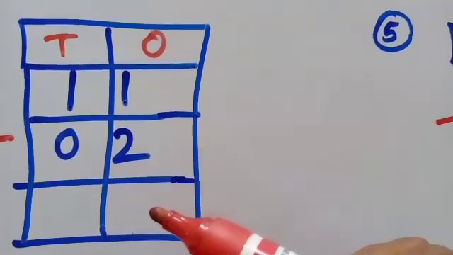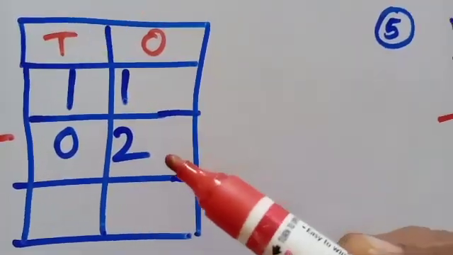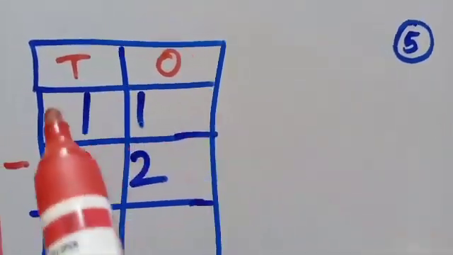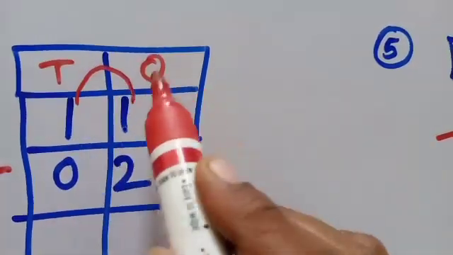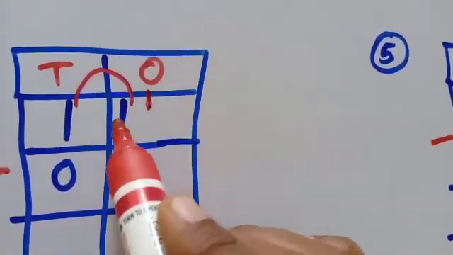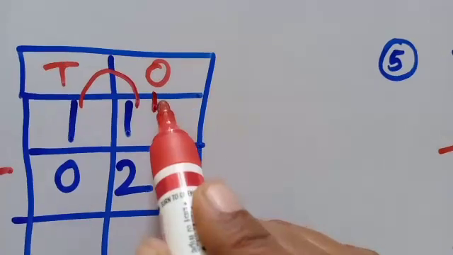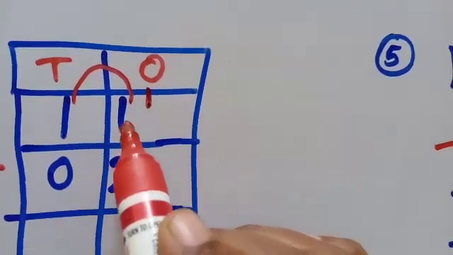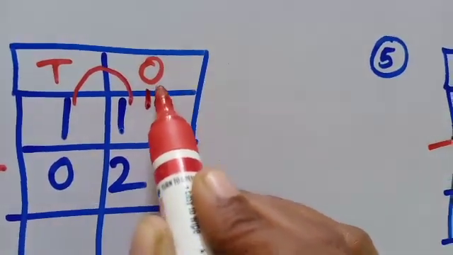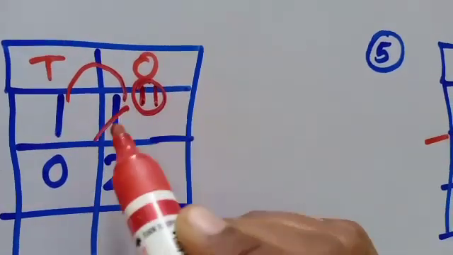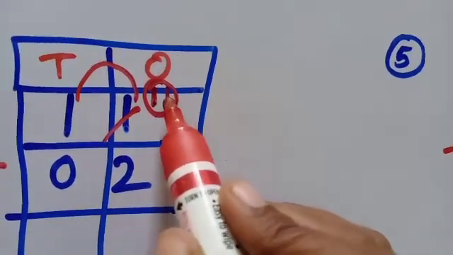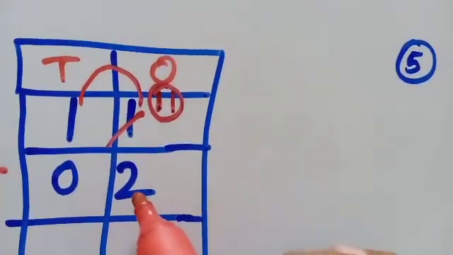No, we can't do it because 1 is small, 2 is big. So by that time we have to borrow 1. Okay. So this one we have borrowed here. So now this number we have to write here. That is 1. So total how much has it become now? 11. So 11 minus 2 we can do it easily.